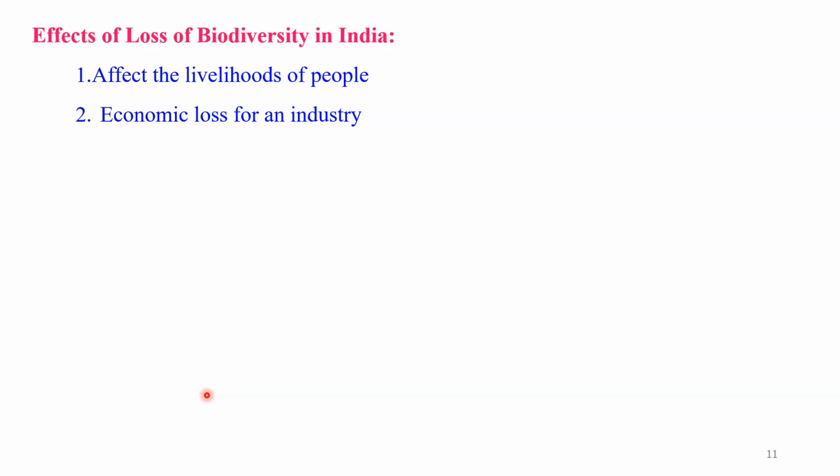At that time, these industries are not able to get their proper raw material from the forest or biodiversity. Therefore, a great biodiversity loss leads to a shortage of raw material for the various industries. When the industries are not able to get a regular supply of raw material or their final product,